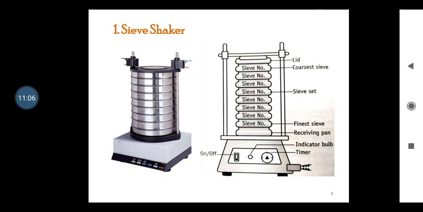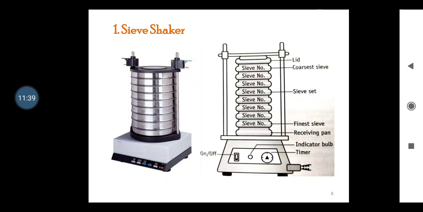Sieves produced by the photo etching and electroforming techniques are used to get a better estimate of the size distribution analysis, with a lower limit of estimation of particle diameter around 50 micrometer. As far as the advantages of this sieve shaker are concerned, I have already told you that it is inexpensive, so everyone can afford it, and as far as execution is concerned, it is very simple and rapid with reproducible results.